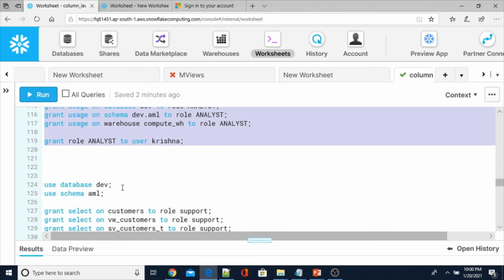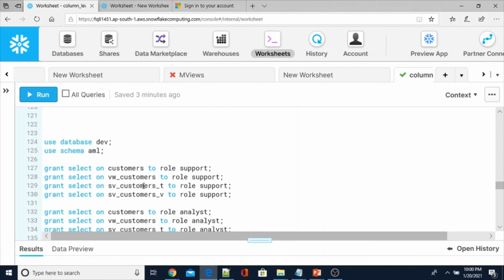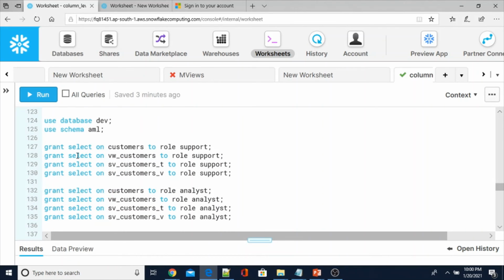Now I'm going to use the database dev and schema AML, and then I'm going to give the select privilege to those roles. Then only, suppose Krishna is using the support role, then we have to give the select privilege to this role.